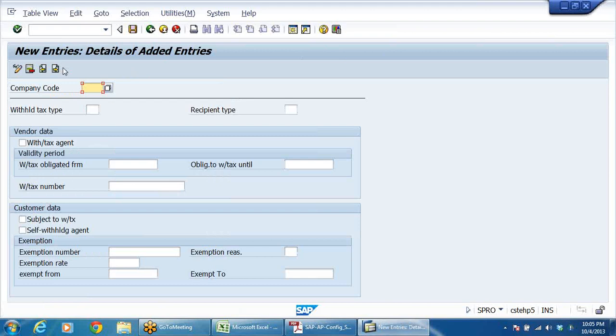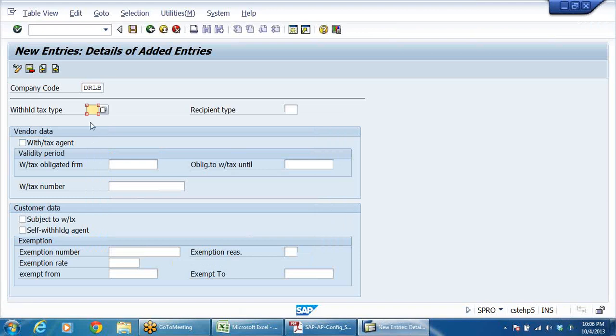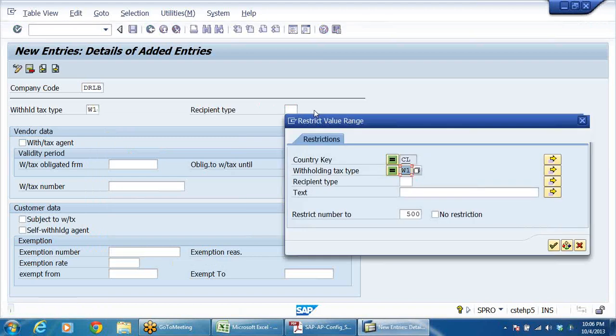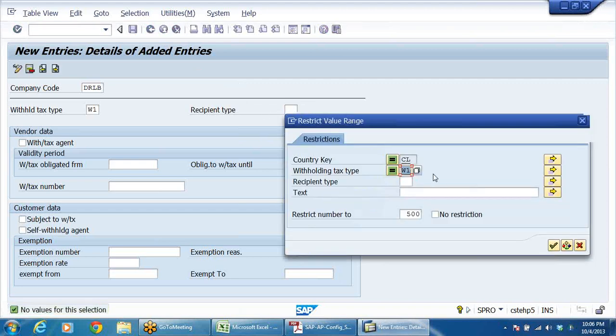Go to new entries, company code, DRLB. Type of tax, W1. Recipient type, recipient type, why it is, let me check. Recipient type,